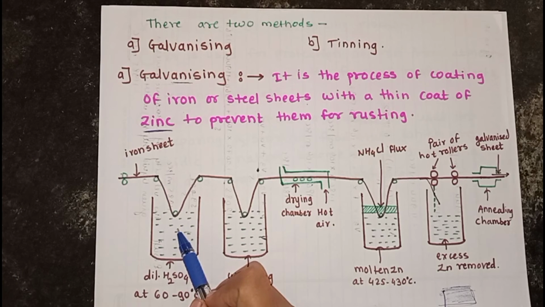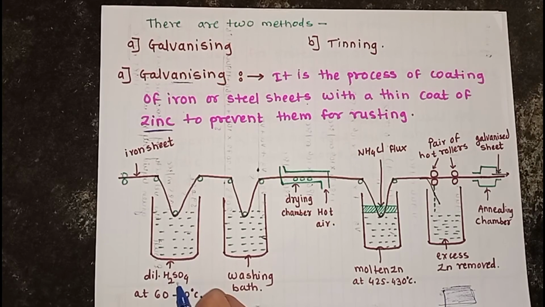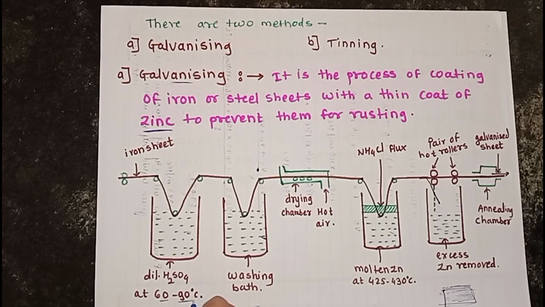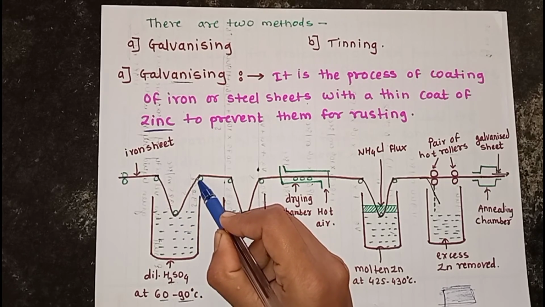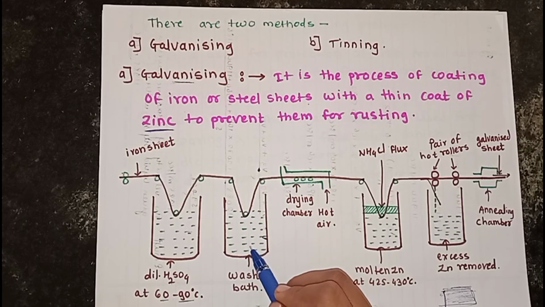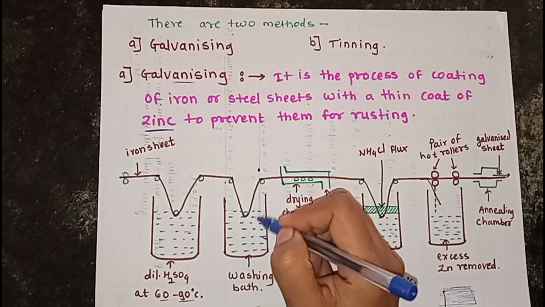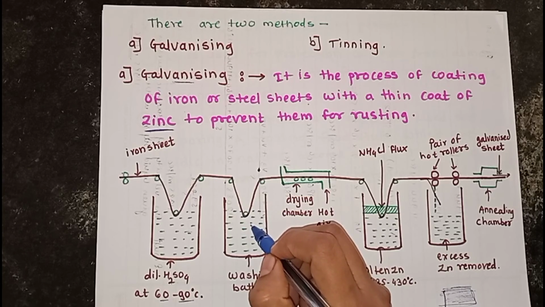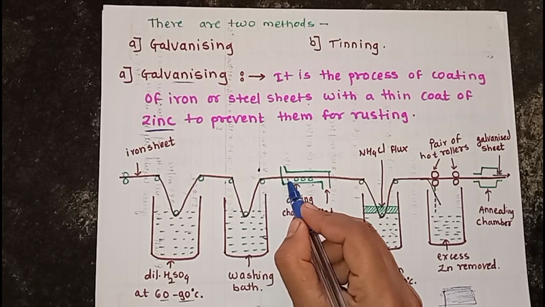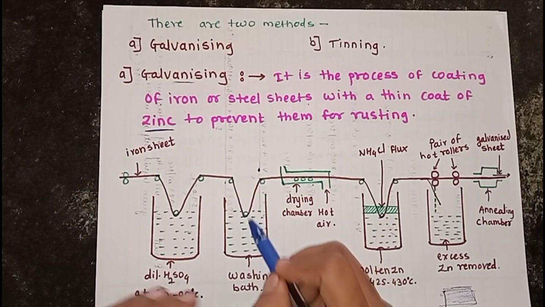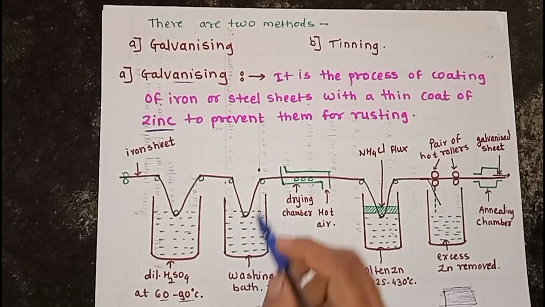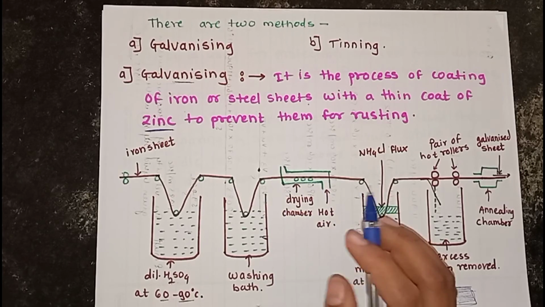iron sheets get cleaned or pickled by dilute H2SO4 at a temperature of 60 to 90 degrees Celsius. Then these iron sheets are passed to the next tank containing water, where they are washed. Next they pass into the drying chamber. So these iron sheets are washed well in water, and then they are passed through the drying chamber to